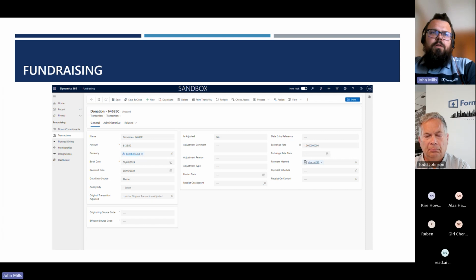Then I wanted to show you this slide, an example of a transaction as part of the fundraising application. You'll see some of the fields on here, what you'd expect to see in recording a donation, when you've taken that donation and what the payment method was. It gives you the ability to do all of that manually, but what we've got good experience of